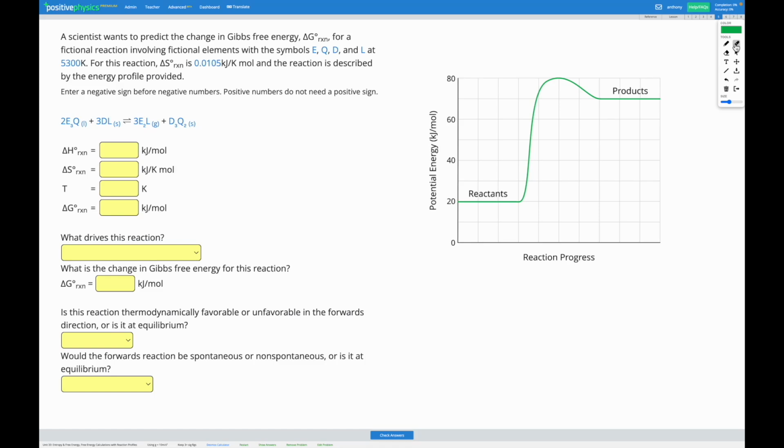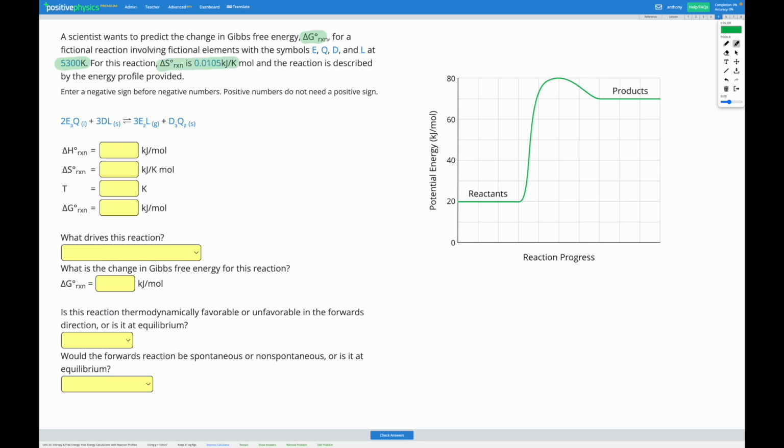In this skill, we're again calculating the change in Gibbs free energy for a reaction, except this time we're also using an energy profile to find our enthalpy change of reaction. In this particular question, a scientist wants to predict the change in Gibbs free energy of a reaction, delta G naught reaction, for a fictional reaction involving fictional elements with the symbols E, Q, D, and L at a temperature of 5,300 Kelvin. We're told for this reaction, delta S naught of reaction, that's our entropy change of reaction, is